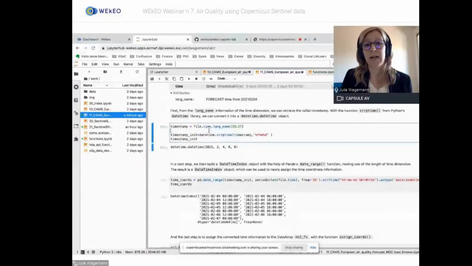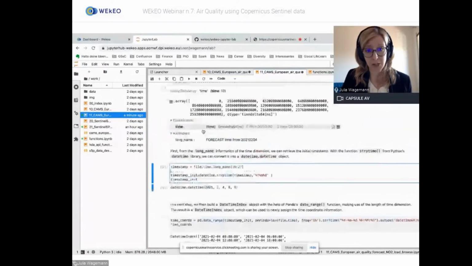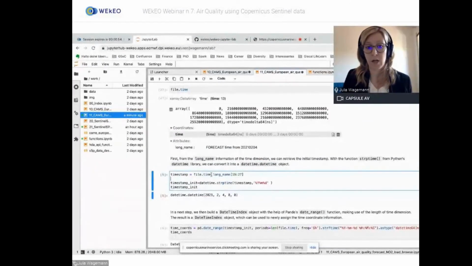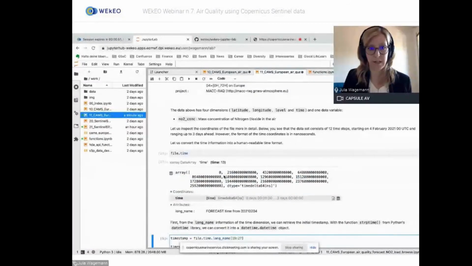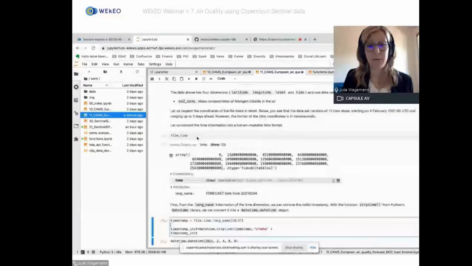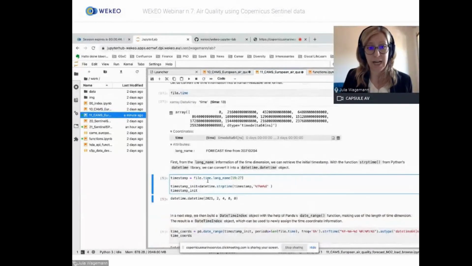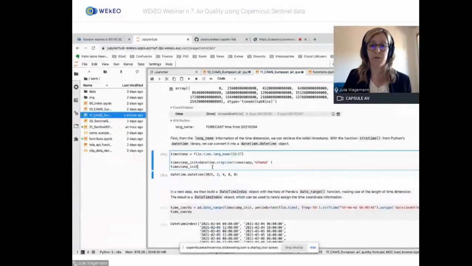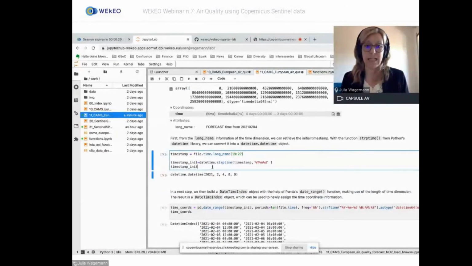We retrieve the information from the long name of the time information in the dataset we just loaded. We see here it is the forecast with the run which was initiated on the 4th of February 2021. We retrieve this information, and based on it, we create a timestamp,